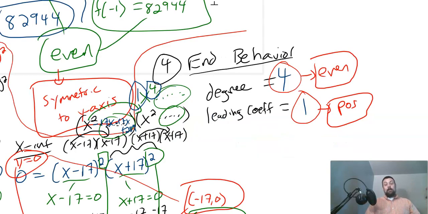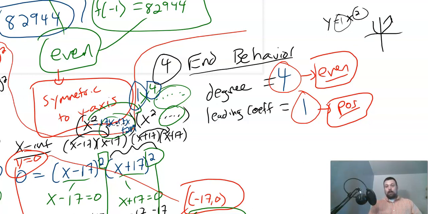What I do is I just think, what's the simplest example of a polynomial with an even degree and a positive leading coefficient? And that's x squared, right? Y equals x squared. The degree is even, the leading coefficient is positive, and I know what that graph looks like. The graphs aren't going to look the same, but the end behaviors will be the same,